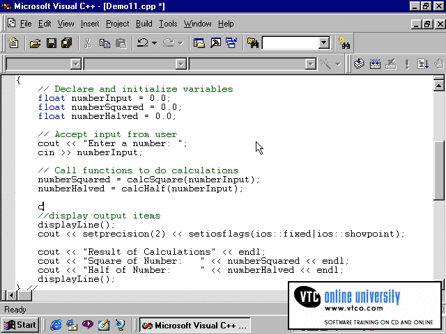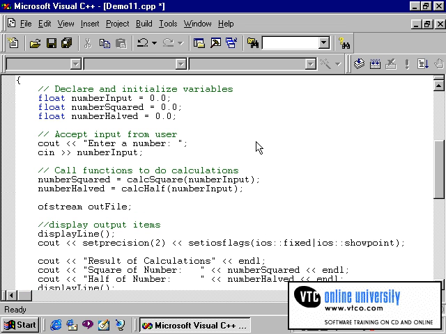The keyword is ofstream, which will give you access to an output file. The next word I'll type is entirely made up by you. I simply use outfile, spelled as you see it, followed by a semicolon. What this is doing is creating a file called outfile, which I will then be able to access through my program. The syntax of the open statement is the name of the file, which is outfile.open, followed by a left